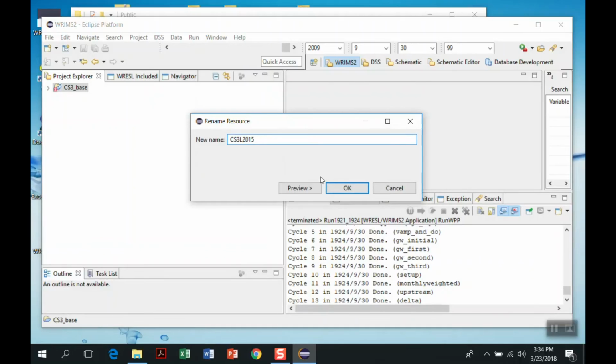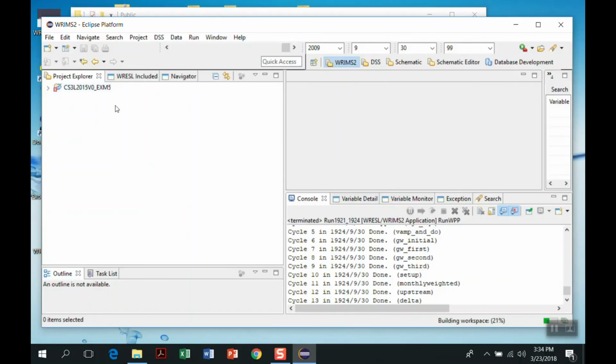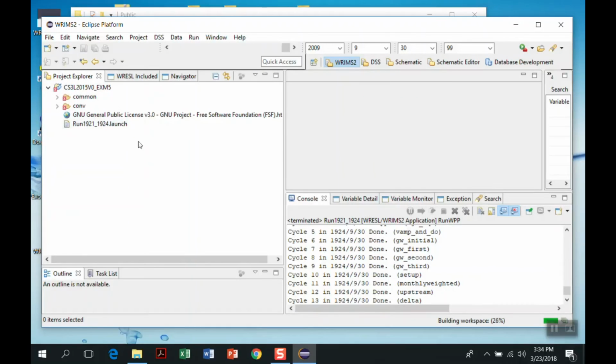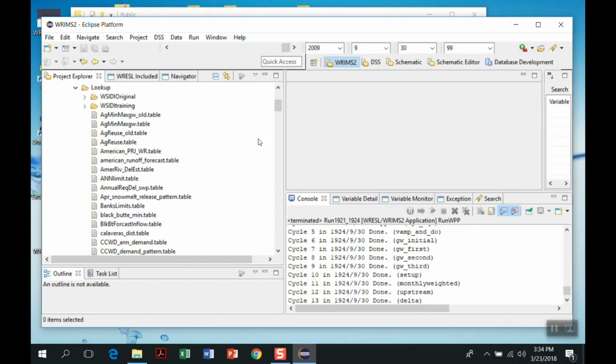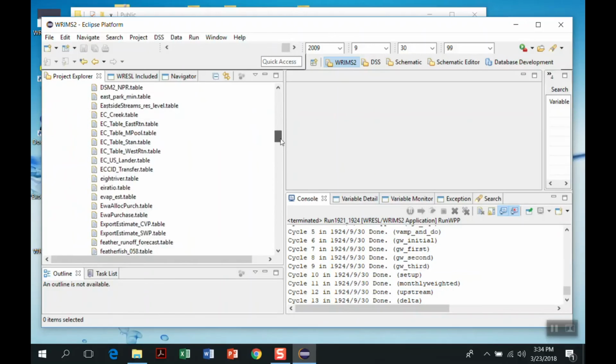Air 2015 V0 example 5. Okay. Now, what we need to change in example 5 is the OS. Go back to the lookup table, go to the fire factor,